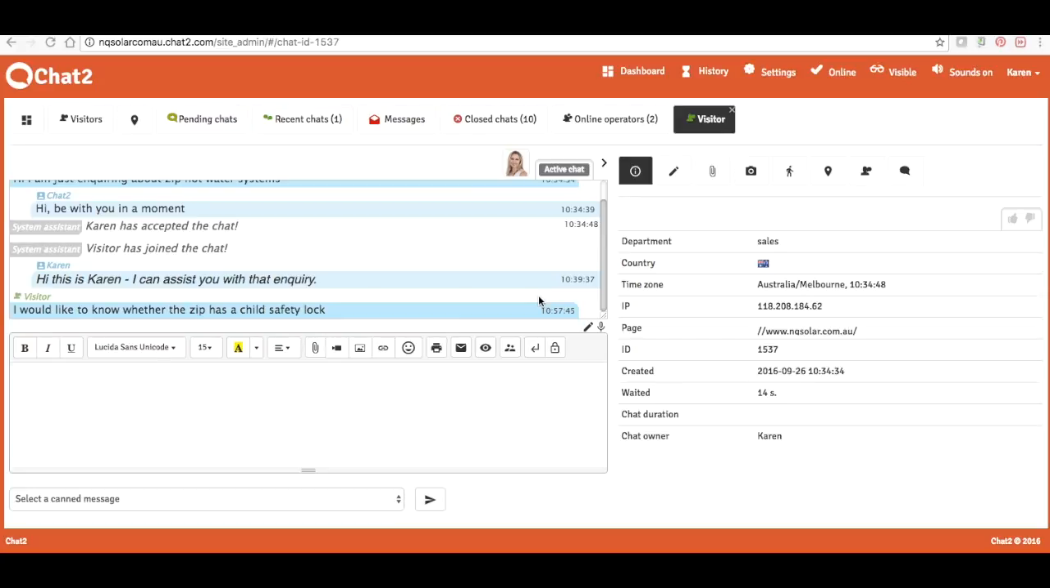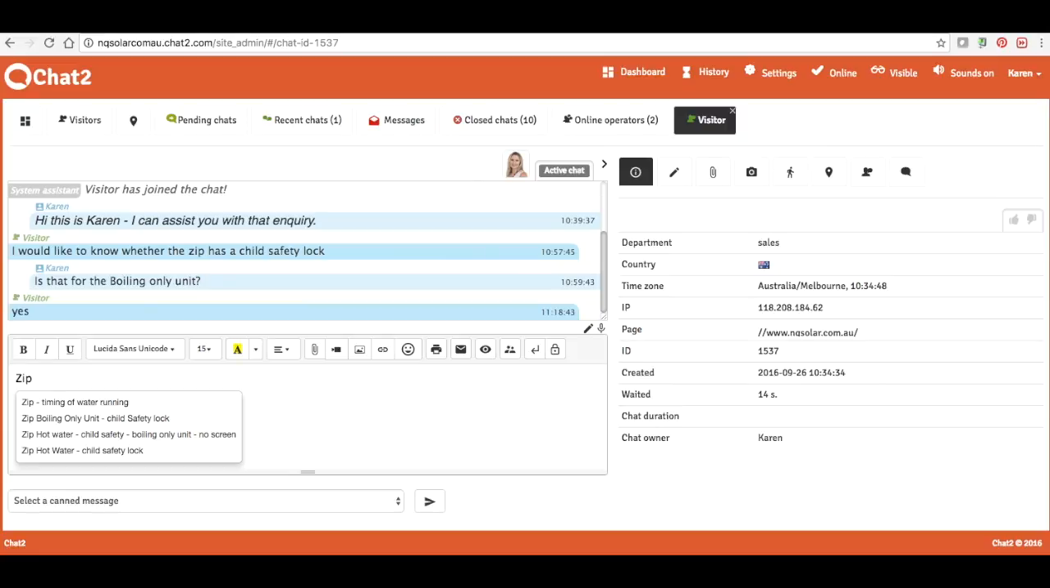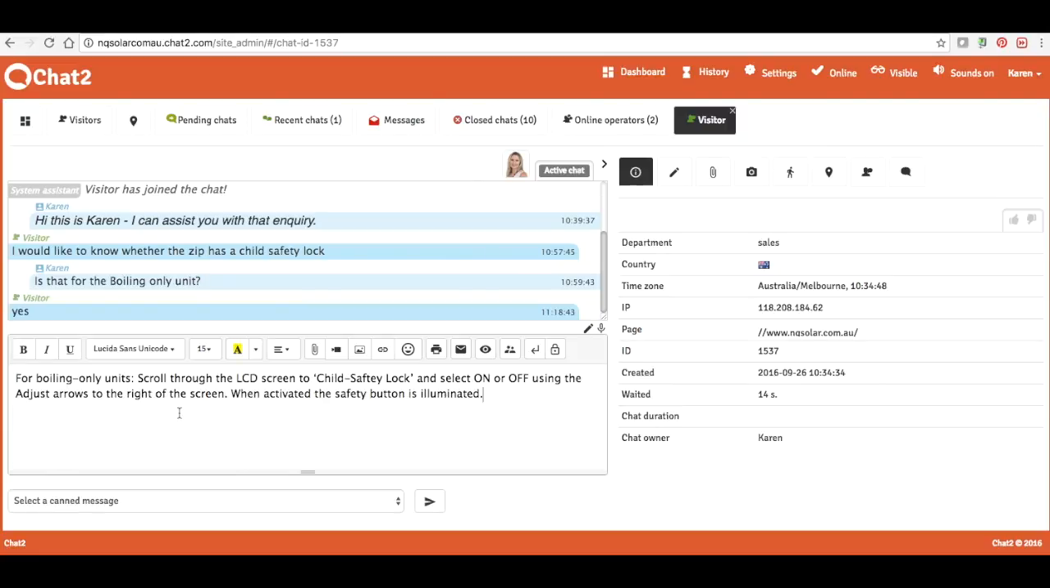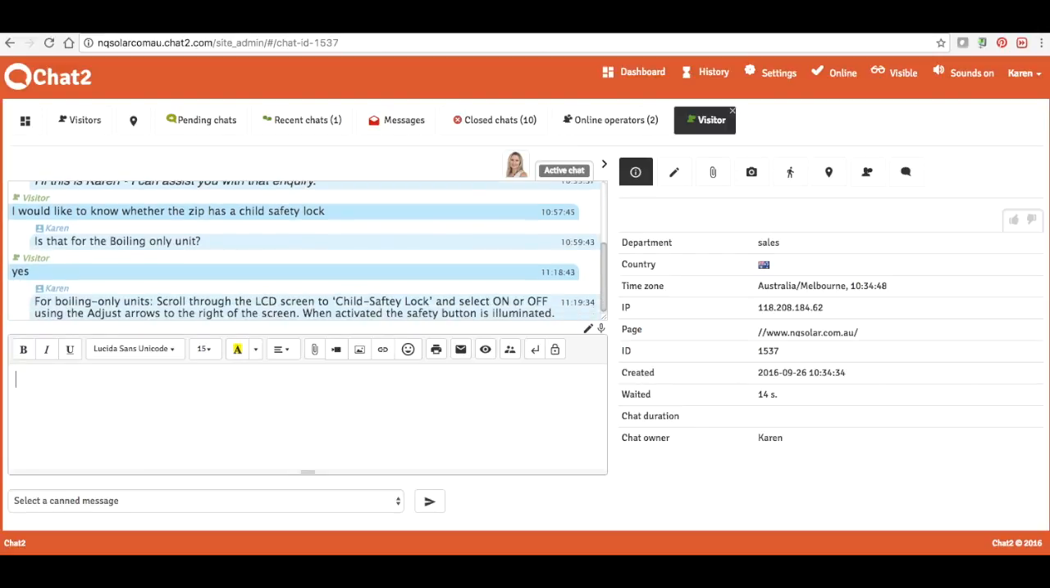Now I know that I have several canned messages around this already. The new feature with canned messages is that now I just have to type in a word that I know that's in the canned message, and Chat2 will now offer me some suggested responses that I can choose from. So just by typing in zip, we've got boiling only unit child safety lock, and we will send that as